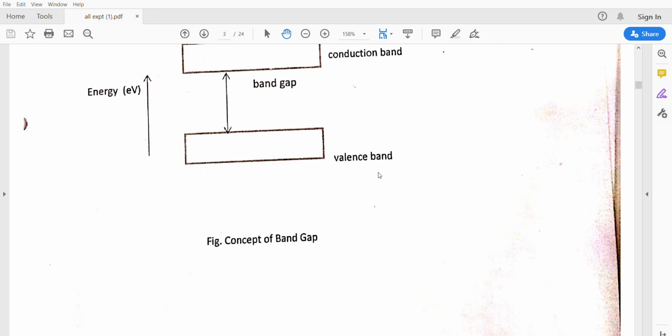From this kit we need to measure the current changes and also the temperature changes. So we'll go through some theory points here. This is the formula we are using: 2 into m into k, where m is the slope of the graph and k is the Boltzmann constant. By substituting this, we will get these values. For the silicon semiconductor, we will get 1.1 electron volts. For the germanium semiconductor, we will get 0.72 electron volts.